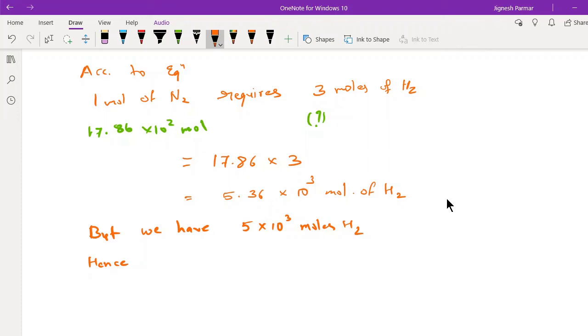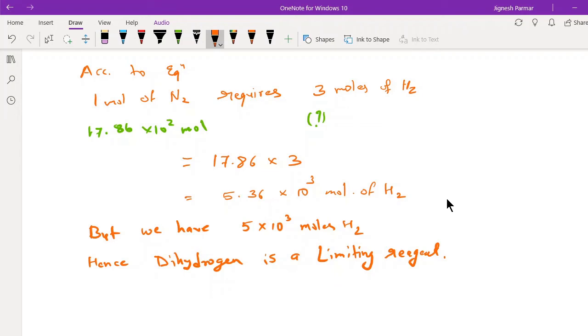It means dihydrogen is going to react as the limiting reagent. What is going to react as the limiting reagent? Therefore, dihydrogen, or you can write H2, is a limiting reagent. Guys, you have to write down this problem in your notebook as well. So please make sure that you are writing all this down.